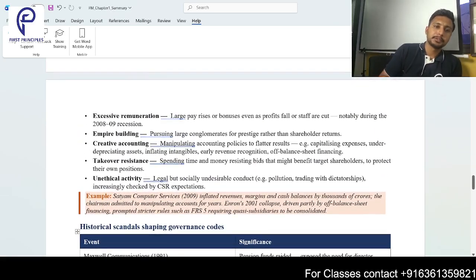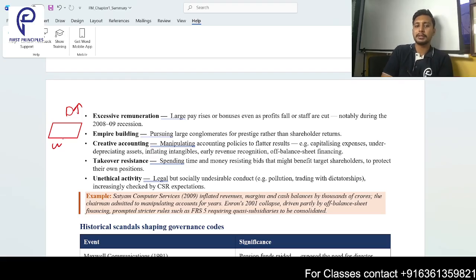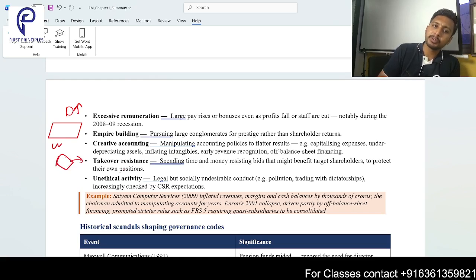Okay. So why was it needed? Excessive remuneration: directors started paying themselves large sums despite the company making losses. They just wanted to make the company as big as possible. They did not really care about whether it was making money. They started window dressing. At the year end, they made the financial statements look very pretty. They did not want a good company to take them over, even though it would have been good for the company, because they feared their jobs would be lost. And they started doing unethical activities.